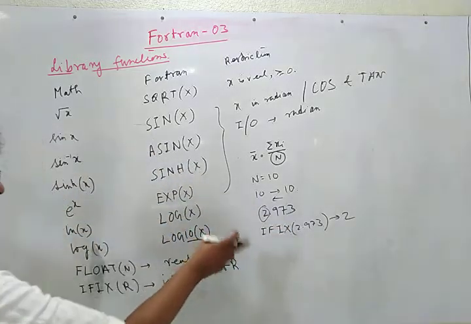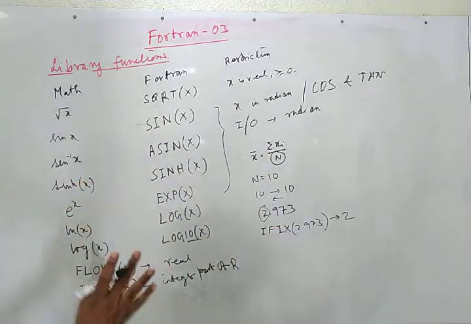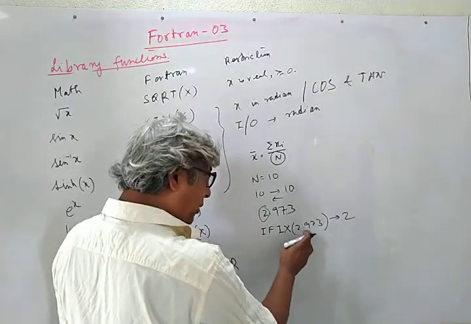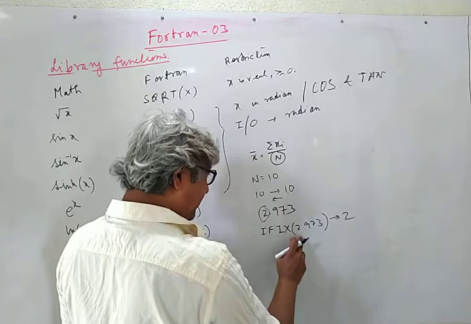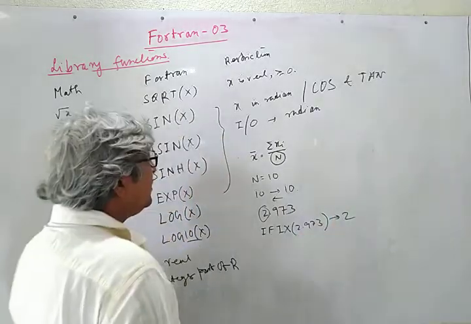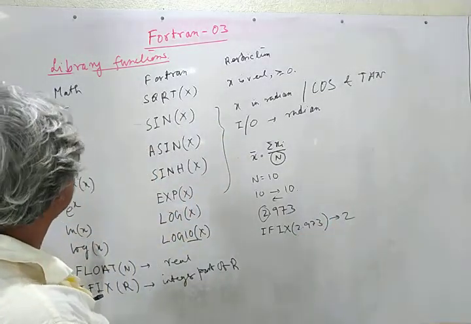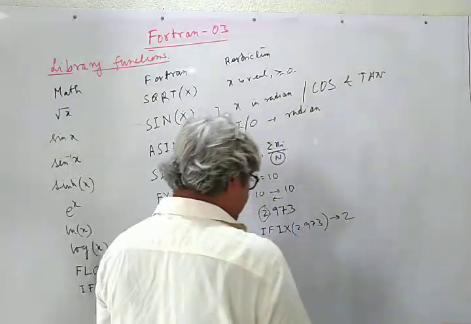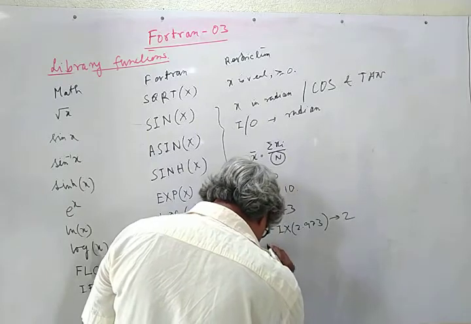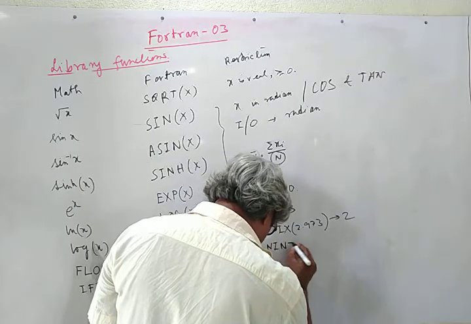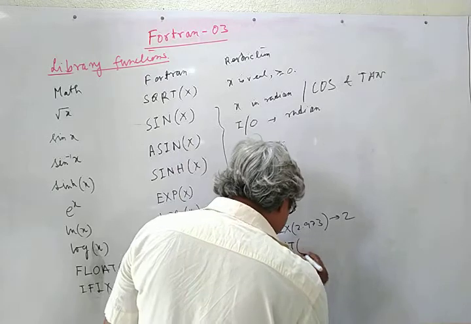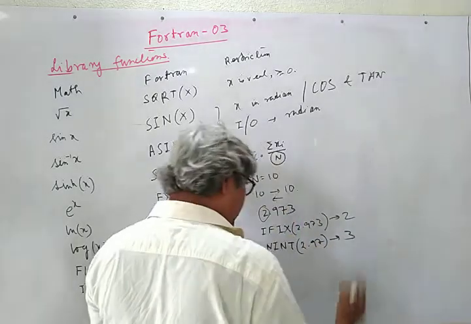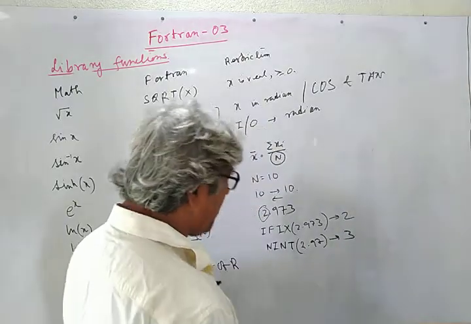Remember that this is not the nearest integer part. It is the integer part. Even if it is 2.9999, it will give you 2. Sometimes we need the nearest integer, that is the integer which is nearest to the real number. Then it is NINT, nearest integer. The nearest integer of 2.97 would be 3, and it will obey the statistical law of statistics,